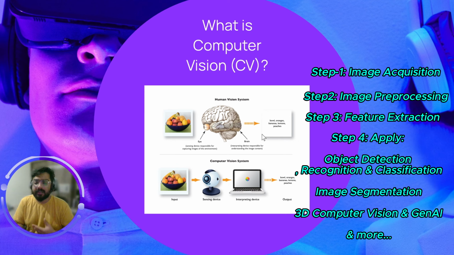There are many more applications we'll be discussing, like image classification, where various deep learning and machine learning models recognize patterns and assign the correct label to unseen images. Then there is image segmentation, pose estimation, and the much more recent and hyped technologies, generative AI and 3D computer vision.